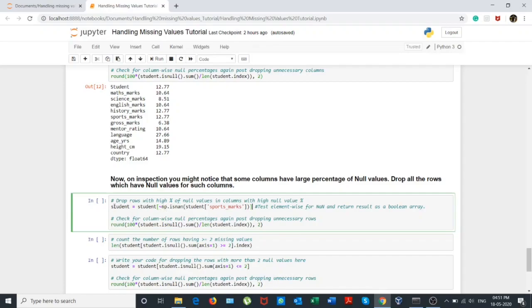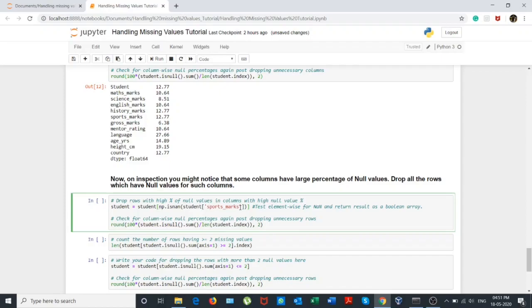So what essentially we are trying to do is removing the NA values of sports marks column, and we are removing all the rows with NA values in sports marks column. So if we remove this negate, this essentially shows that student data frame will consider only those rows which have NA values in sports marks column.